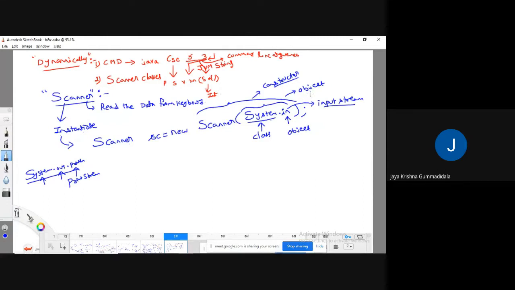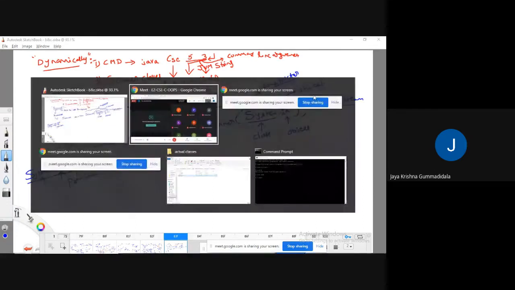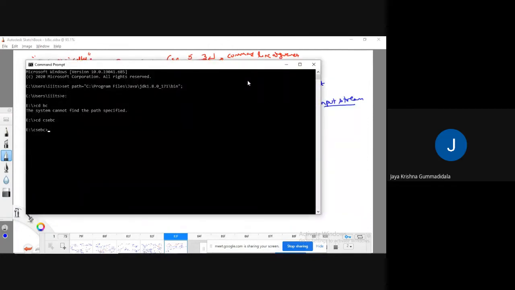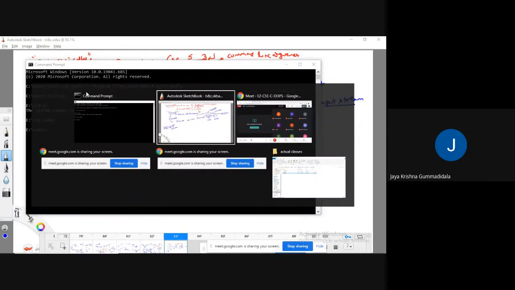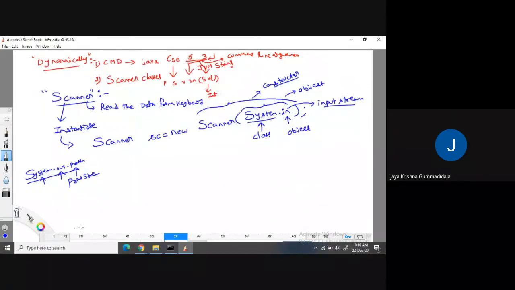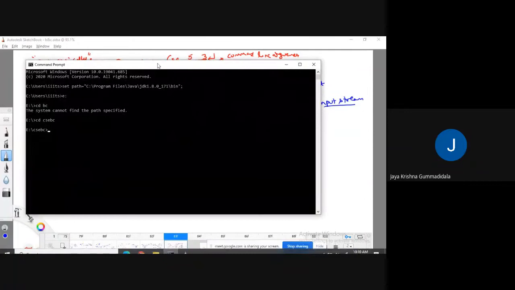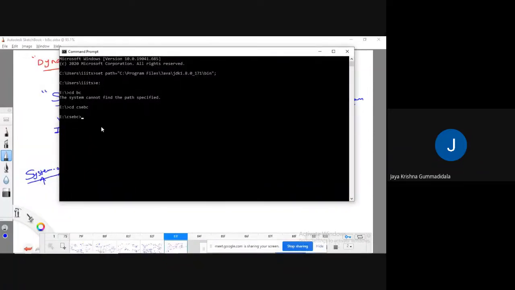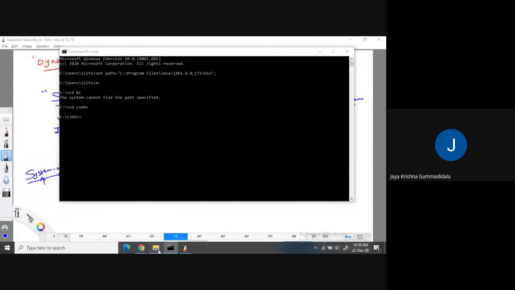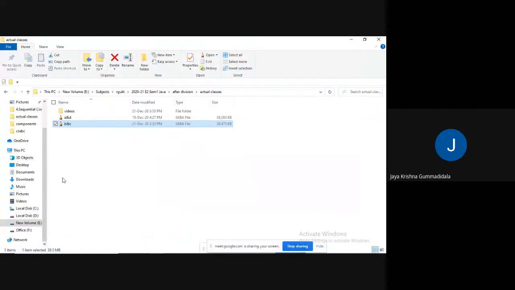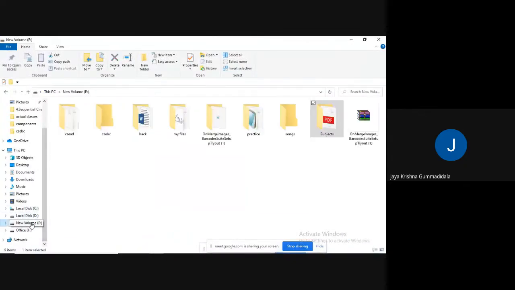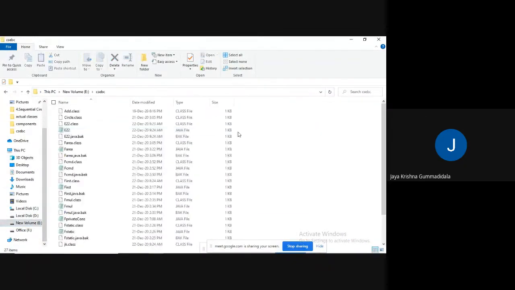Okay, see guys, for example, let me show something here. I have already set some classpath and path. I am in the CSC BC folder only.